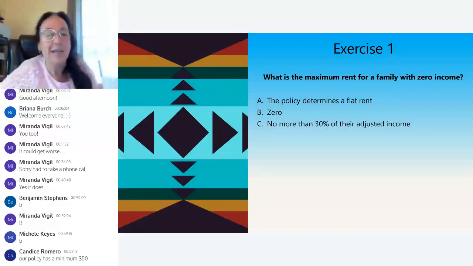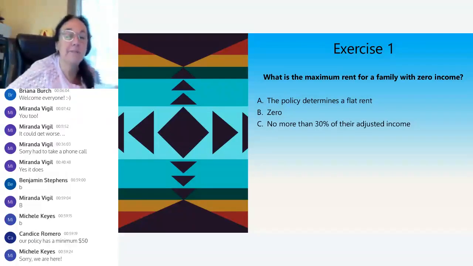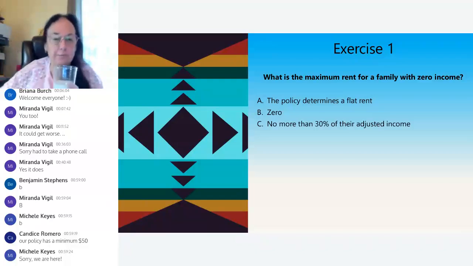Okay, good. Our policy has a minimum of $50. But remember, Candace, the rule of thumb: 30% of 0 is 0. So if that $50 is more than 30% of their adjusted income, that's illegal. You'll get in trouble, so be careful there. So 0 is your answer, guys. No more than 30% of their